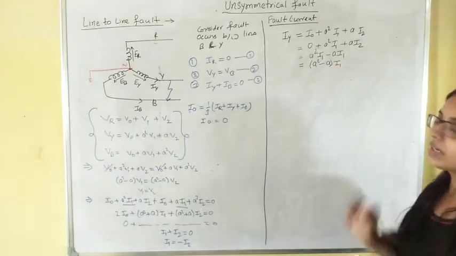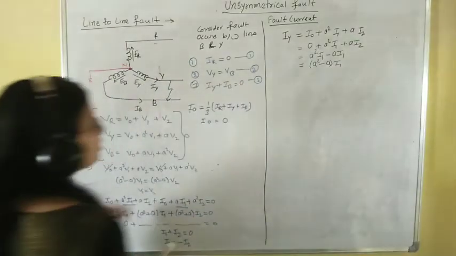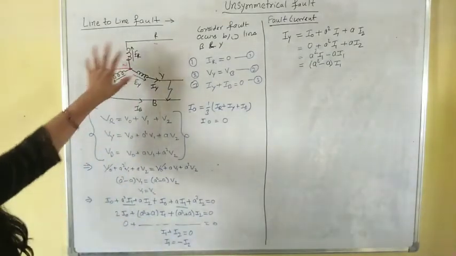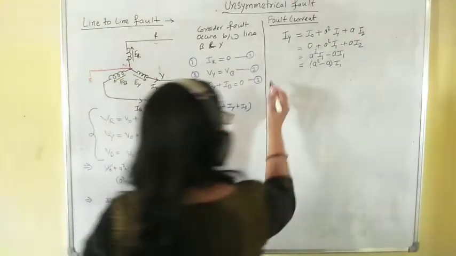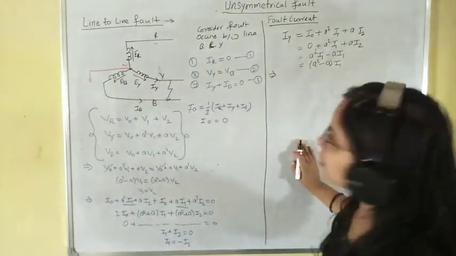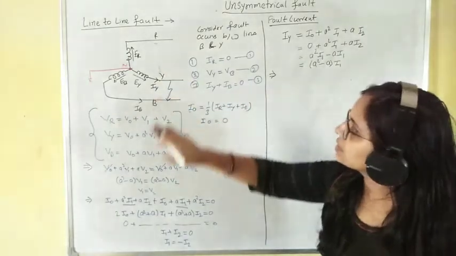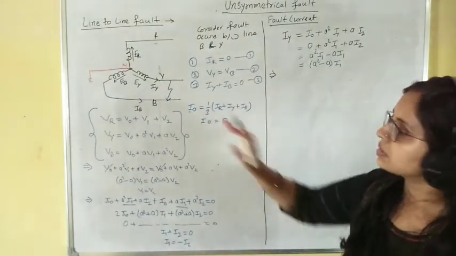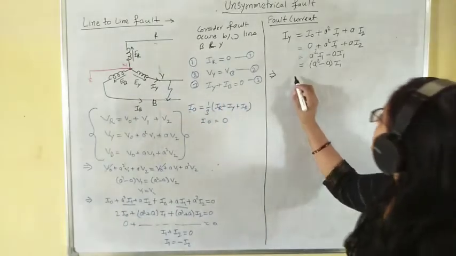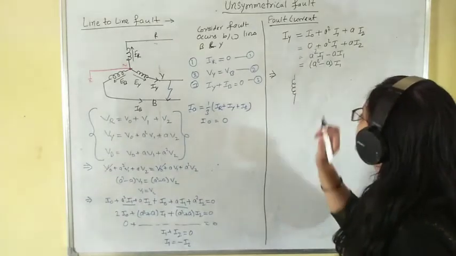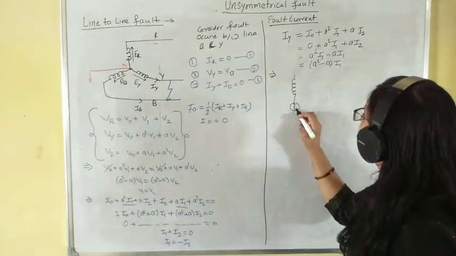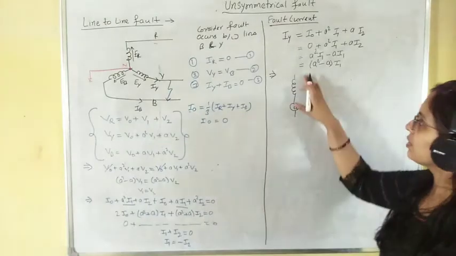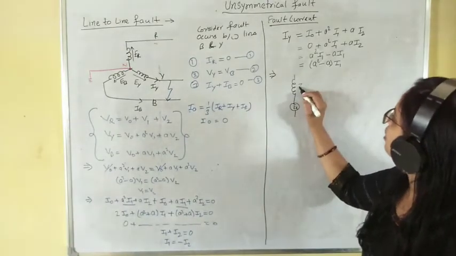Now how will we calculate this? To calculate this I1 current, first we will draw the impedance network of this three-phase system. So for line to line fault, let us consider it is a synchronous machine or generator. For a synchronous machine, the positive sequence component always contains its induced EMF. If we are considering the R phase as the reference phase, we will make this positive sequence for the R phase.